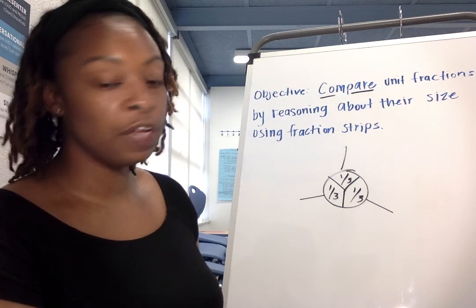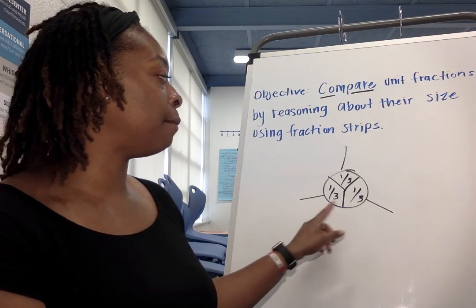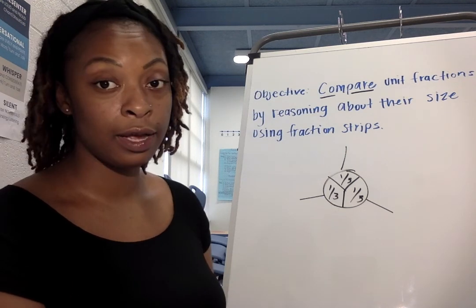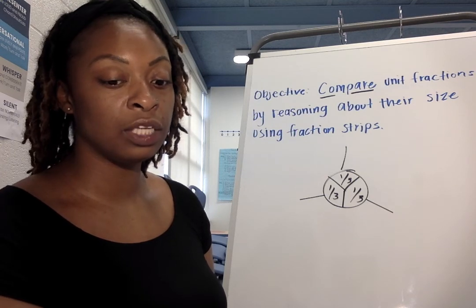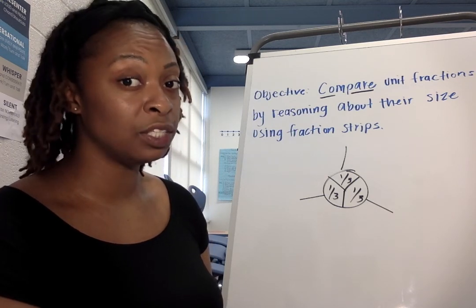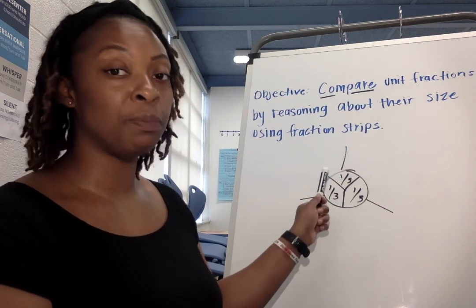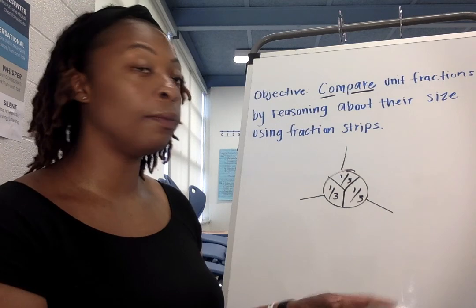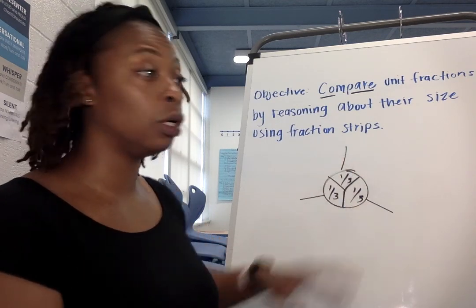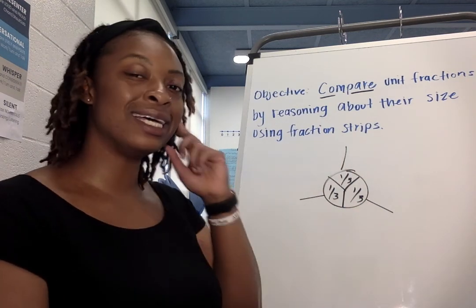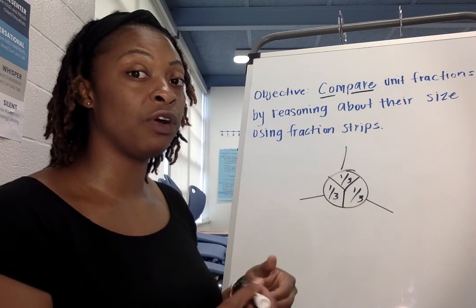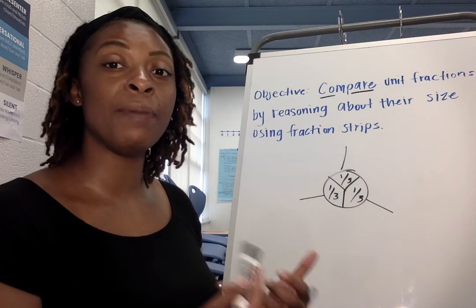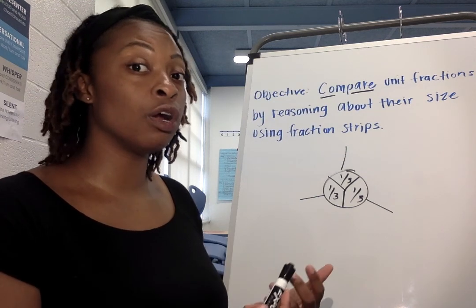So here you have to figure out how many batches she needs to make to feed 5 families because each family gets a third. And then you need to write your answer in terms of batches. So how many batches does she need to make? Each batch is an entire circle. Okay, so you may have a whole number. We know that she's going to use one batch for sure. So we know she's going to use one whole, but that's not enough for all of her families. So you have to figure out what fraction goes along with that whole to represent how many batches she had to make or how many thirds she had to give away